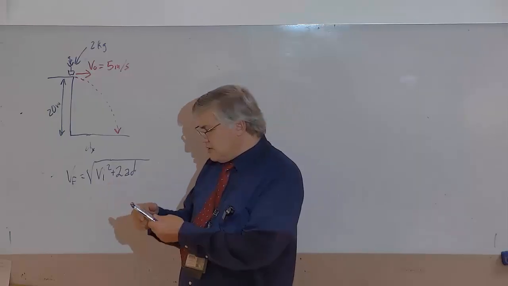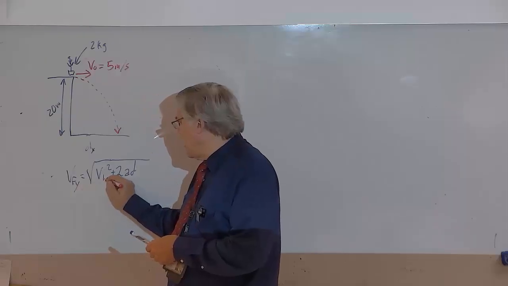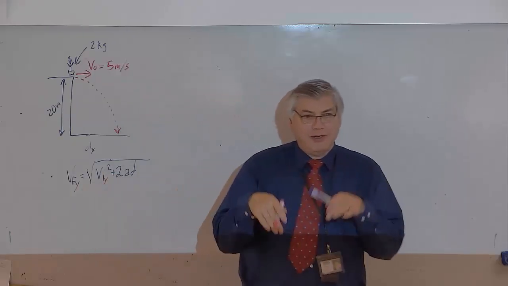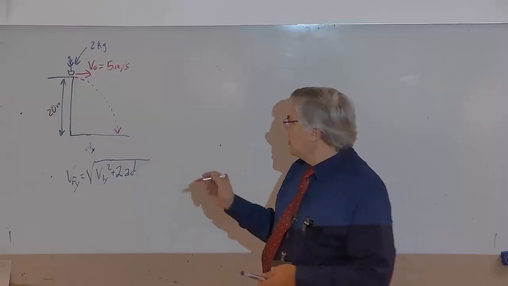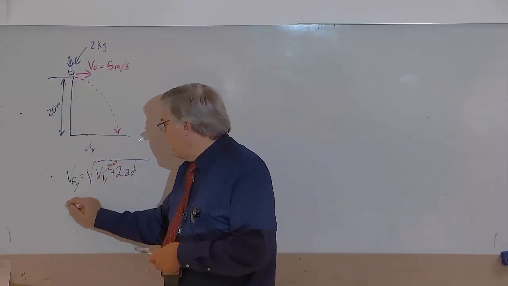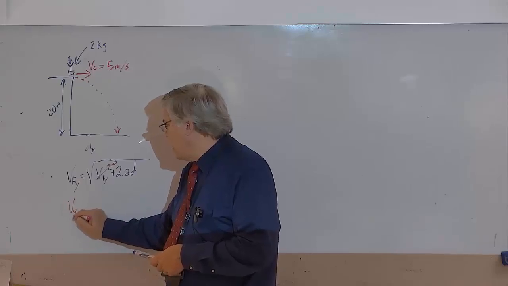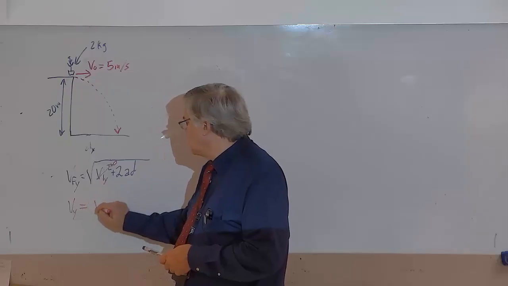And VI, since we're looking at this in the y direction, and in the y direction, there's no falling yet. No falling has occurred. So this part is equal to 0. So we have V final, when it hits the ground in the y direction, is equal to the square root of